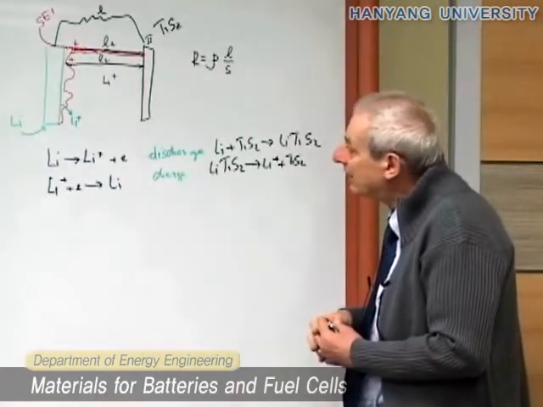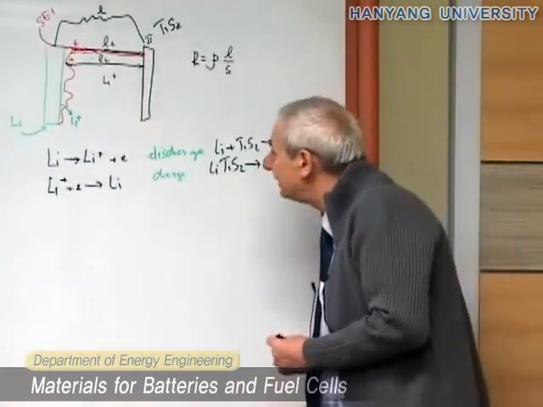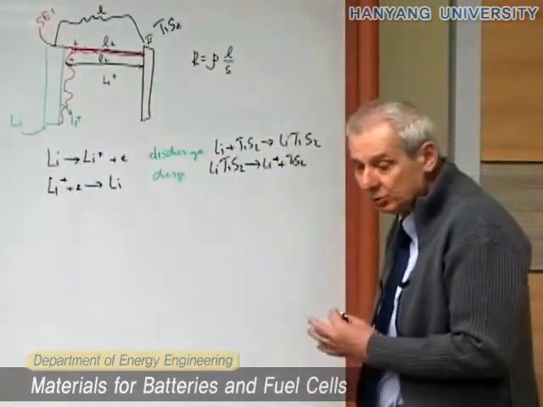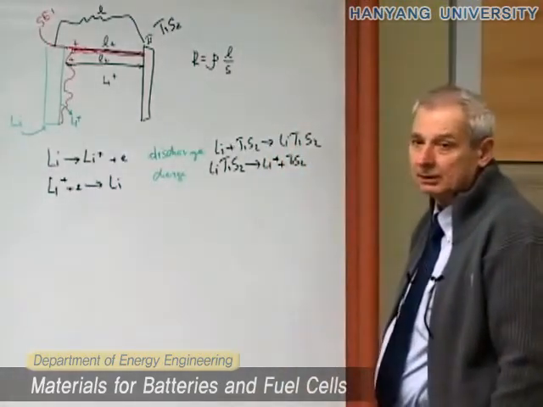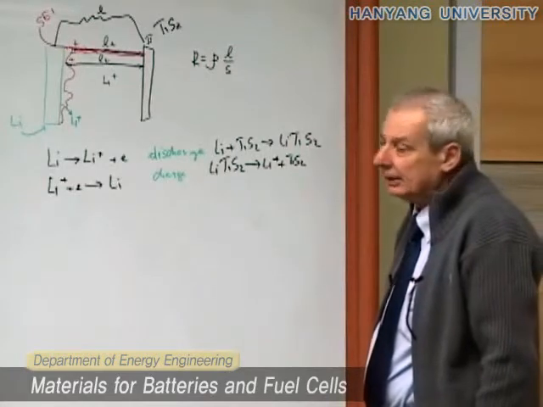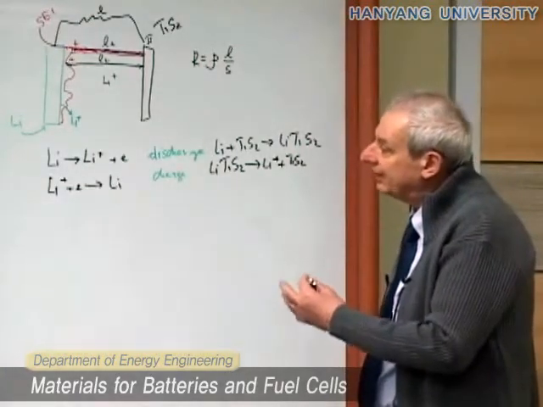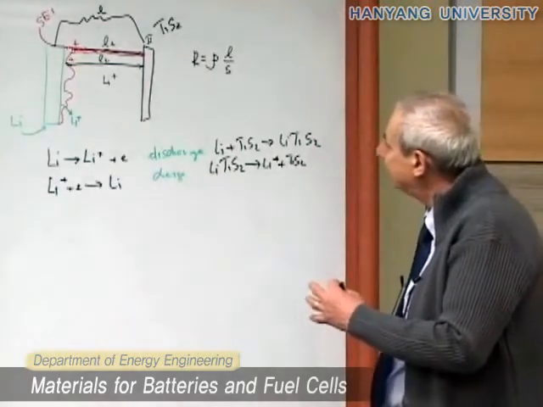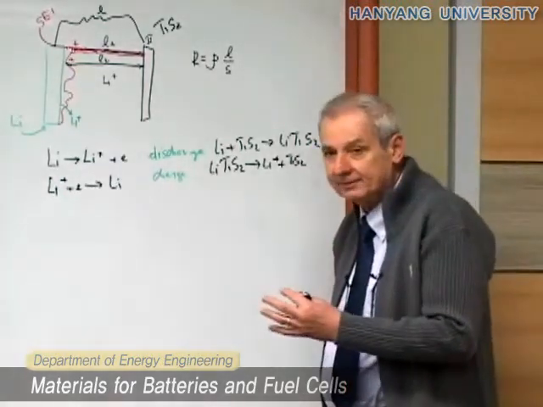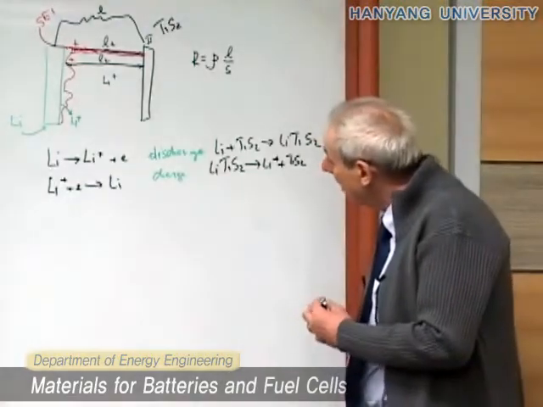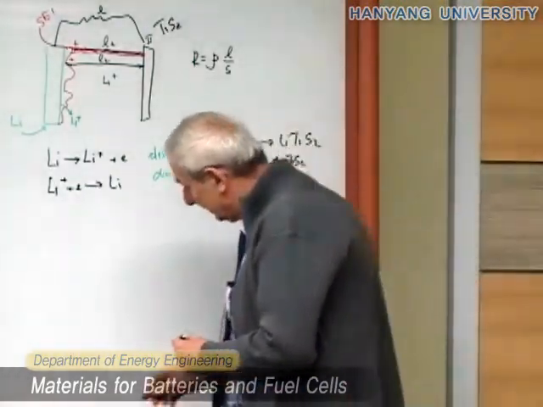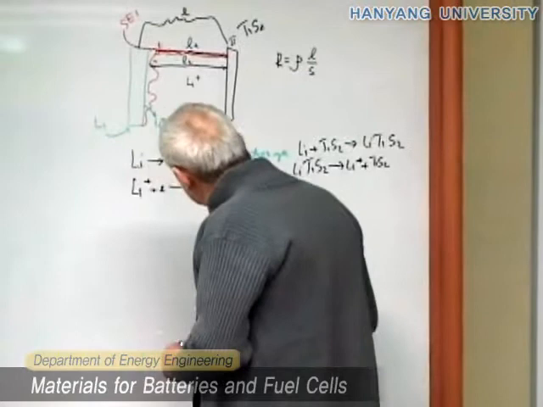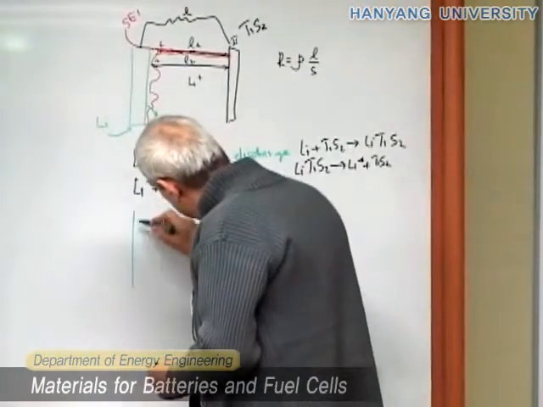So this is one of the main problems with lithium metal: safety, due to this mechanism. And in fact, this is the reason why lithium metal has been abandoned, and instead of lithium, we will have graphite. Okay? However, you understand that instead of this situation, we will have another situation